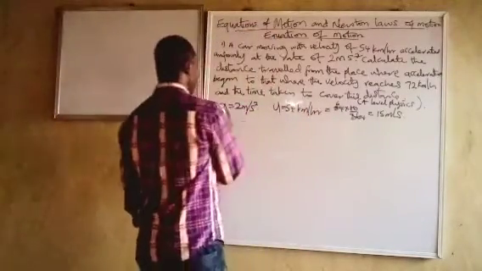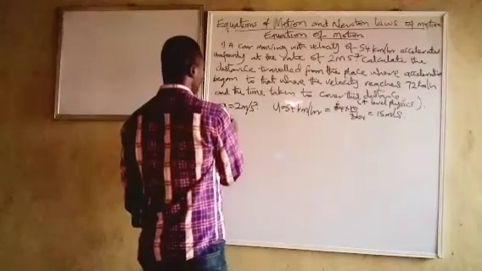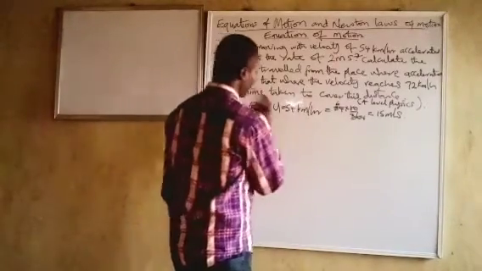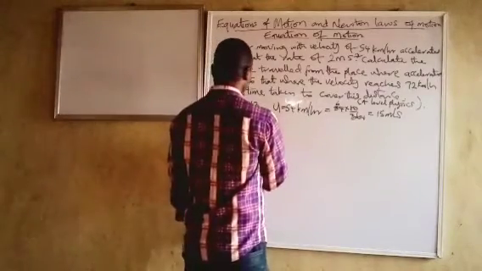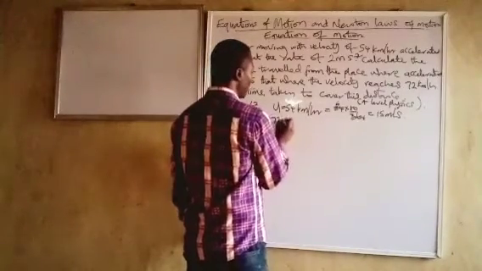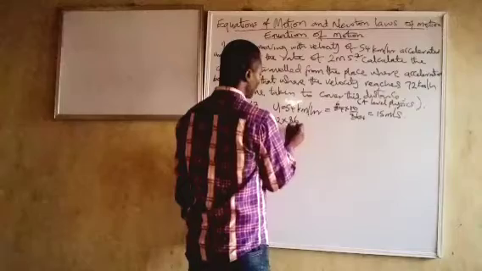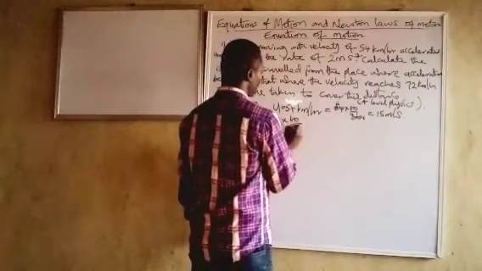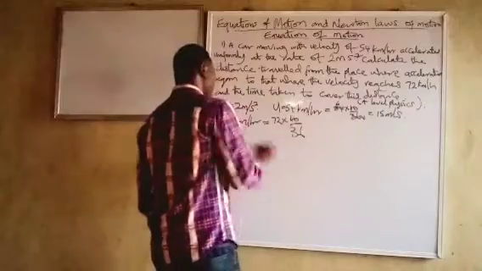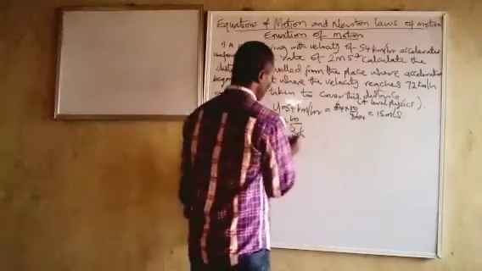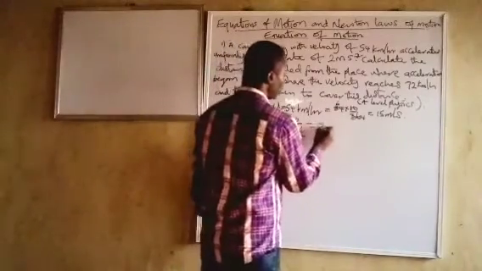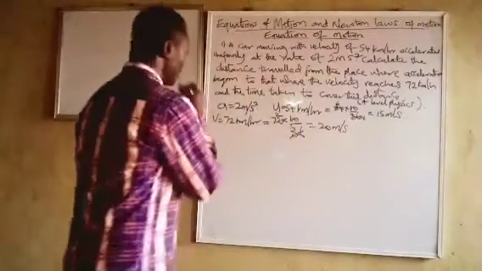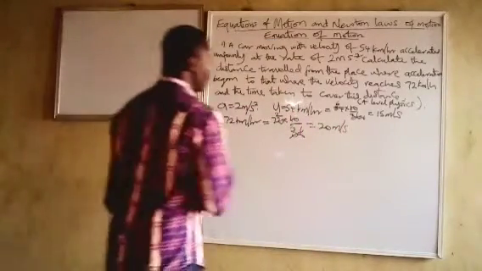Then our final velocity v is 72 kilometers per hour. So what do we have here? We have 72 times, no, times 10 over 36. Sorry, 10 over 36. Please note, meters per second will always be lower than kilometers per hour. So here I have 20 meters per second. With this, I can go on.